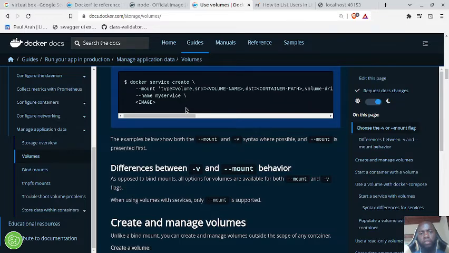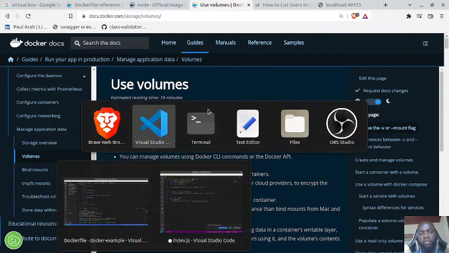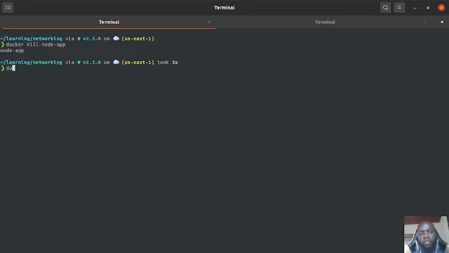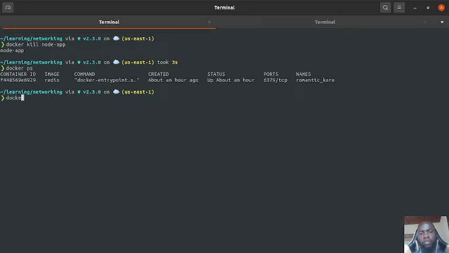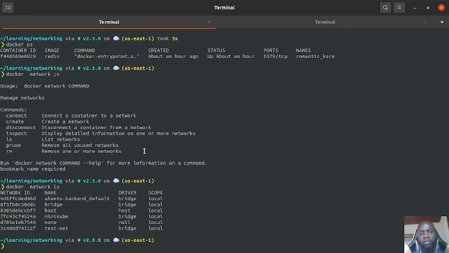And then there's also another thing. Let's just talk about networking a bit in Docker. So if I do docker network ls,